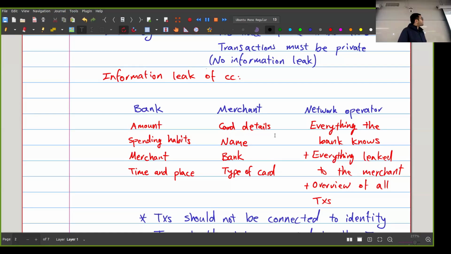Now, generally in this course, when we talk about data leaks, we assume that if the data is leaked to one person, it's leaked to everyone. So you either keep it private, or as soon as it's leaked, it's gone forever. So maybe this is not that bad, that they have the exact same information as the bank and the merchant. I mean, given that the bank and the merchant already had this, it was leaked anyway.